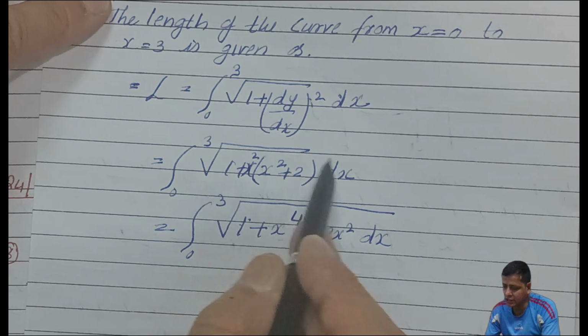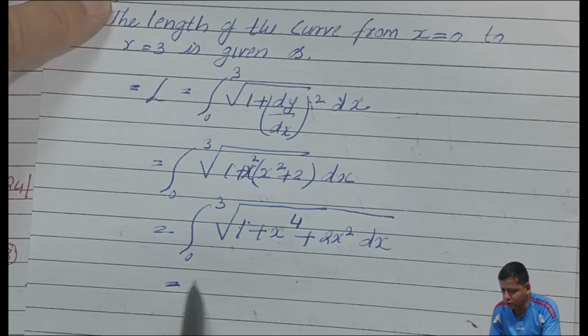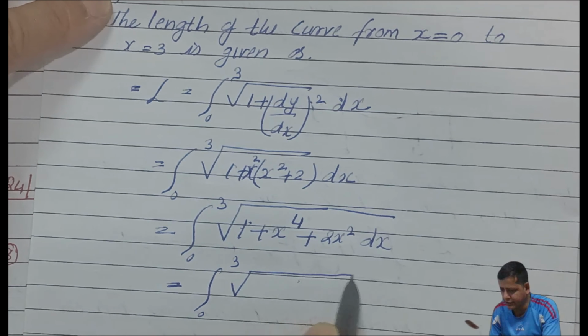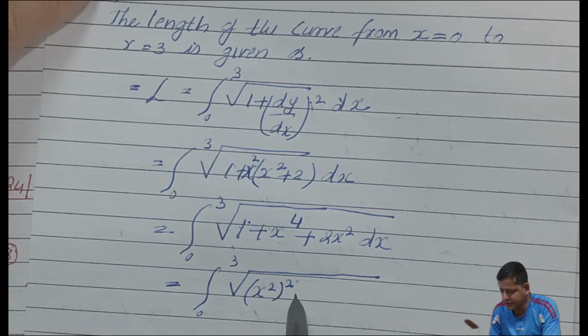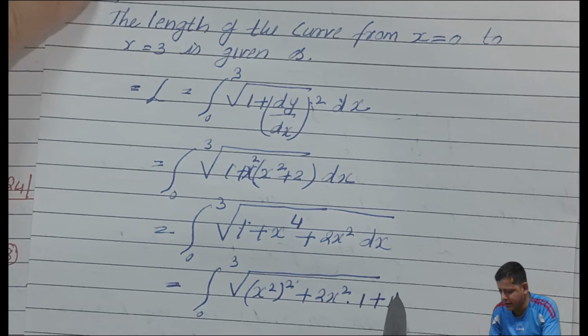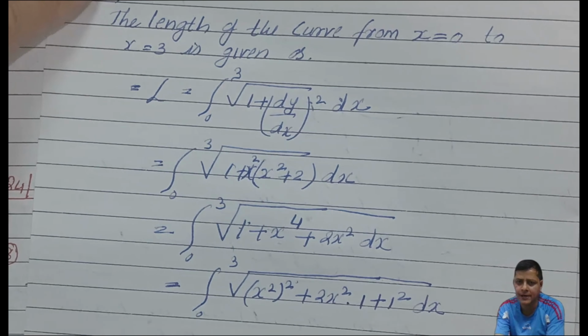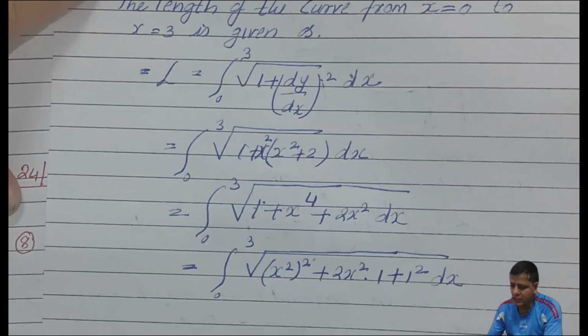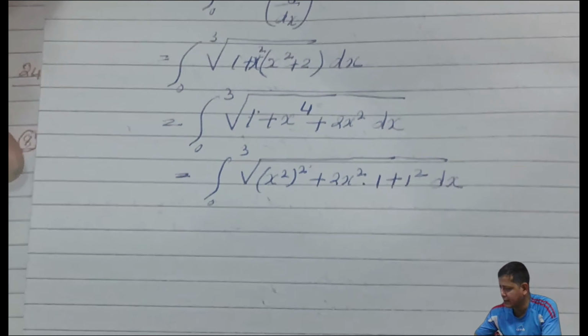I hope I'm clear here why we wrote x square: there is no square, but we have to put a root, that's why we need to keep a square there. Then only the value becomes the same thing we want. So let's go with the further simplification. We get till here x square whole square plus 2x square plus 1 square. We try to make this in the form of a plus b whole square, a square plus 2ab plus b square. So now you can go with saying the whole thing in a very simple way.